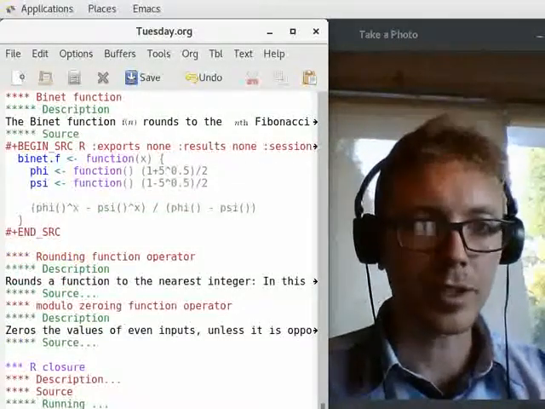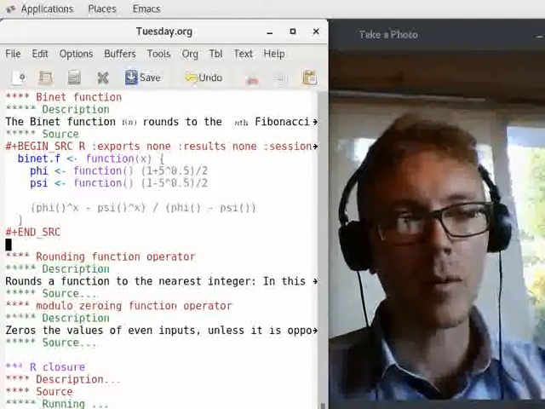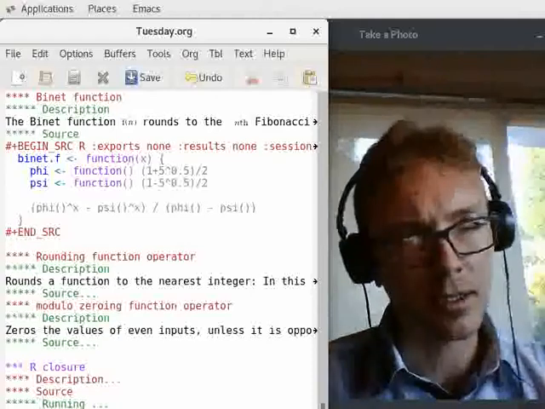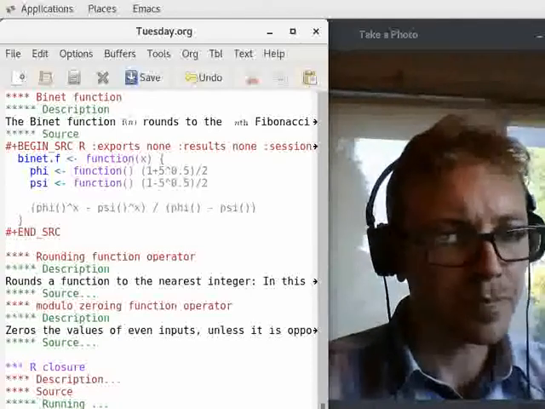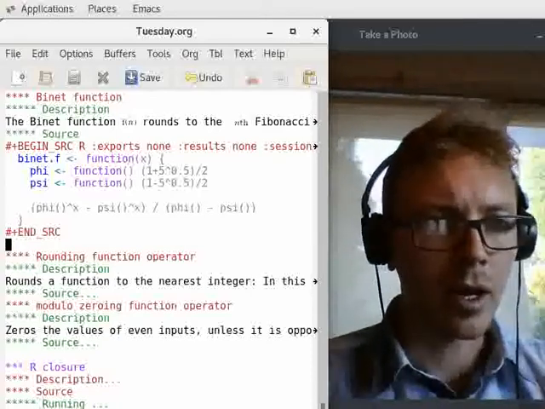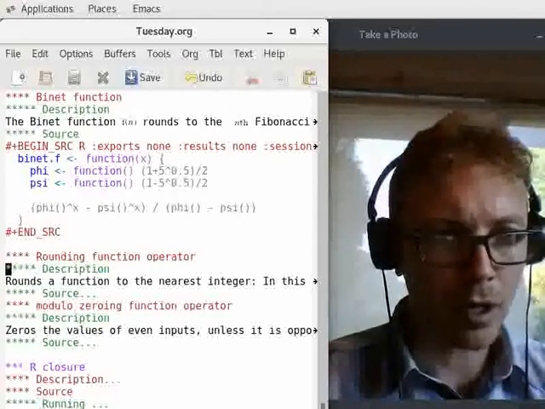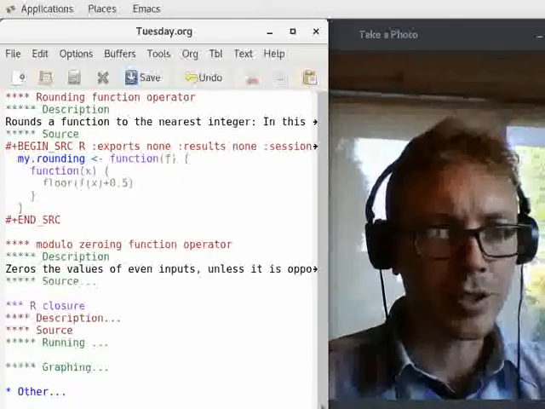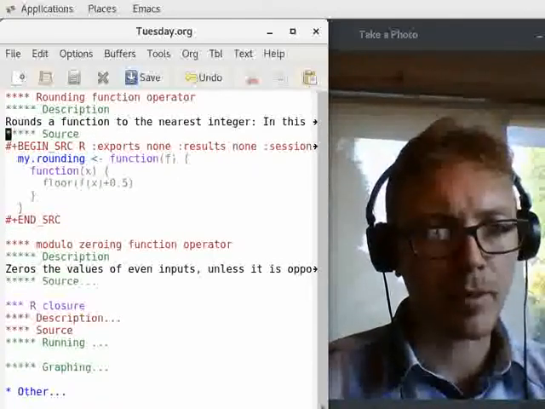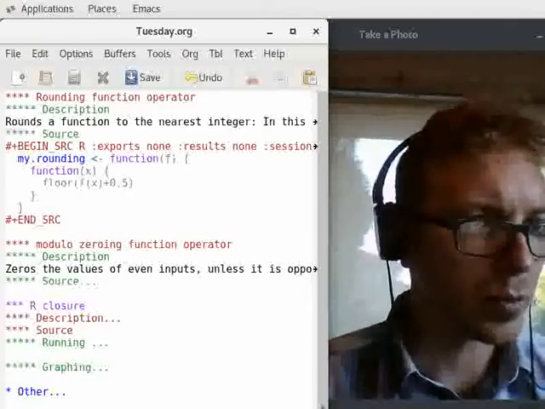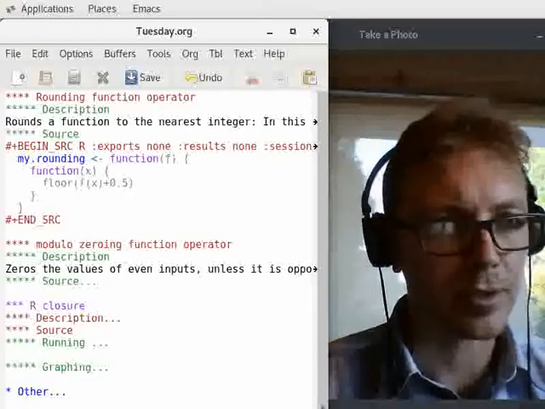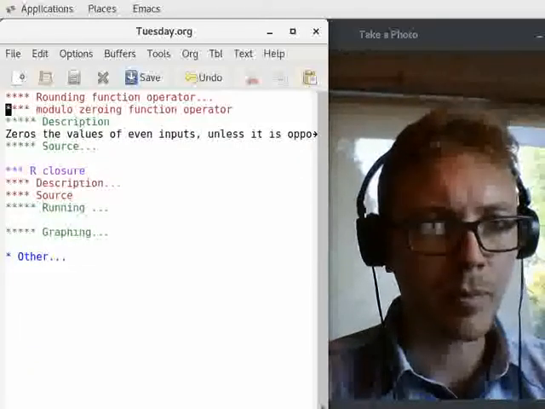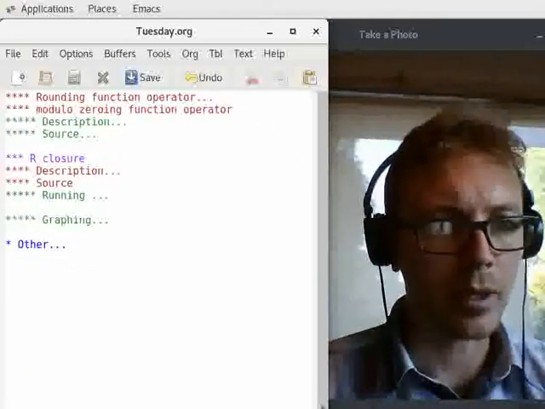So the Binet function always rounds to the nth or xth term of the Fibonacci series. And then we're going to have a function operator over here for rounding, which just adds 0.5 and takes the floor because that's what the Wikipedia page about the Binet function was doing. And modulo zeroing, so I thought we better,